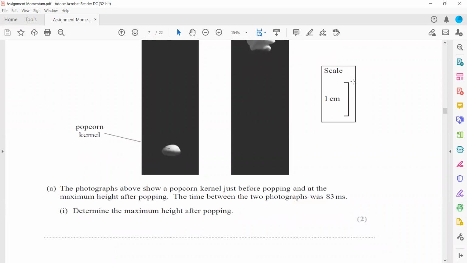So the scale is given. What you can do, like they mentioned, this is 1 centimeter. So you place your ruler or a scale and measure this distance. For example, when you place your ruler next to this, it appears to be 2.5 centimeters. So what it shows is that 1 centimeter of the figure size is equivalent to 2.5